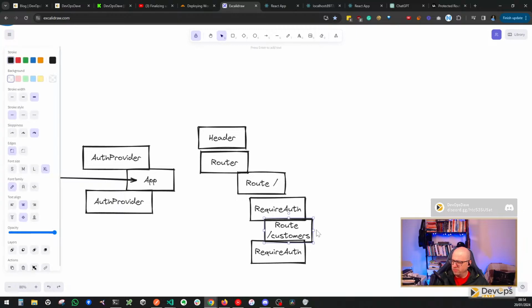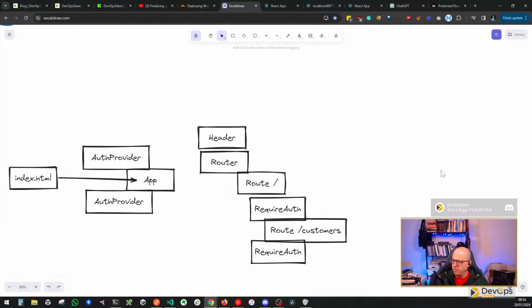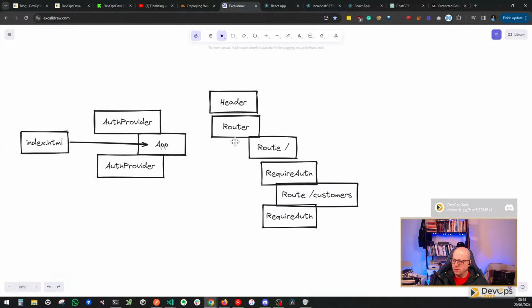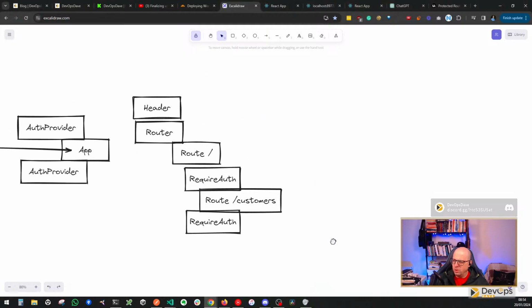So that's whatever protected root. So we have a protected root here. All right, and then the require auth is the only place. Well, let's also do